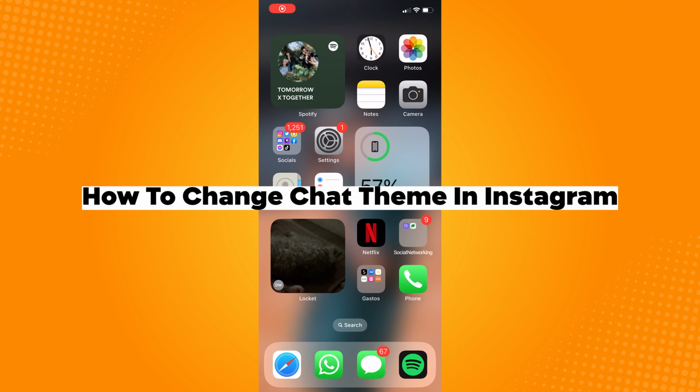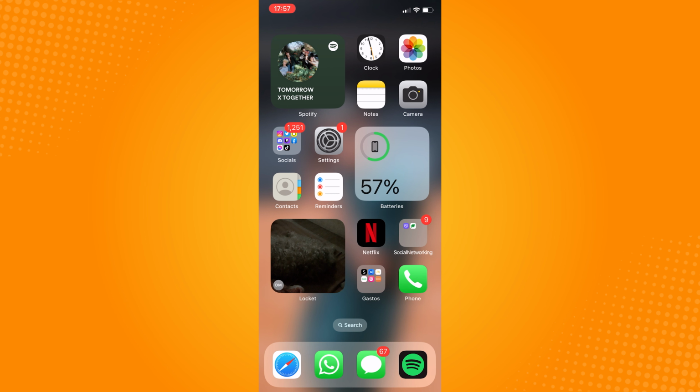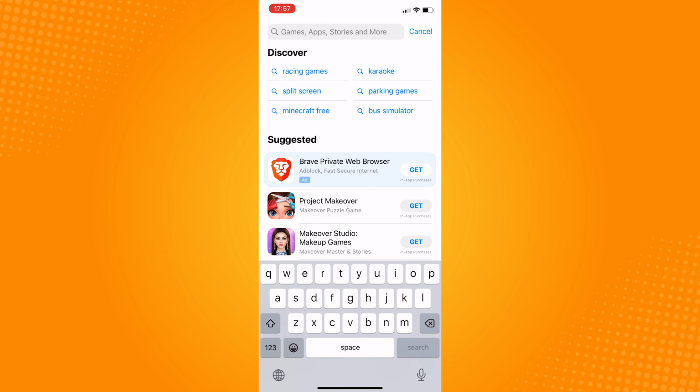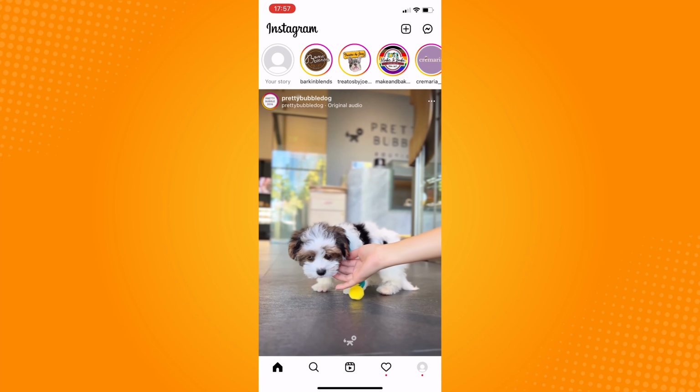How to change chat theme in Instagram. So go update your Instagram first to be able to access all functions that the application offers. After updating the app on the App Store, open the Instagram, and in this homepage, click on the DMs or